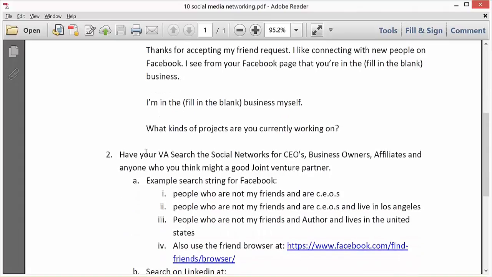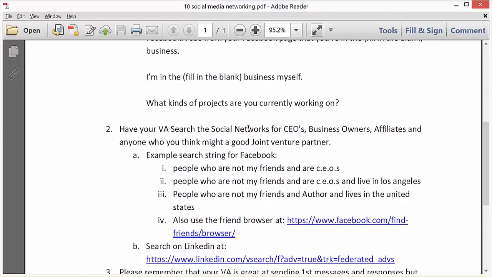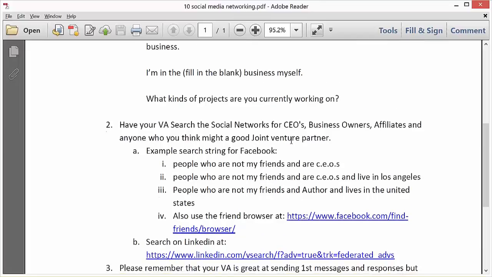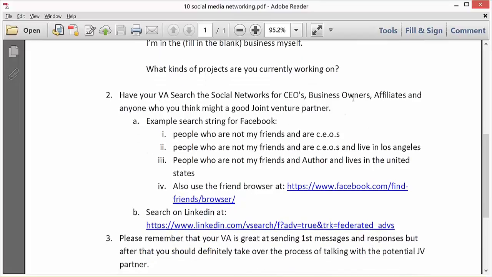So basically you would have your VA search the social networks for CEOs, business owners, affiliates, and anyone who you think might be a good joint venture partner or customer, we could say. Example search strings for Facebook: people who are not my friends and are CEOs, people who are not my friends and are CEOs and live in Los Angeles, people who are not my friends and author and lives in the United States. So let me show you how these work. So let's use this one for an example. So I'm just going to copy that